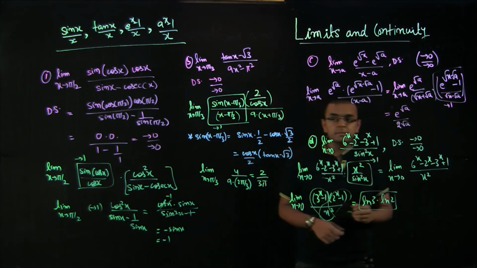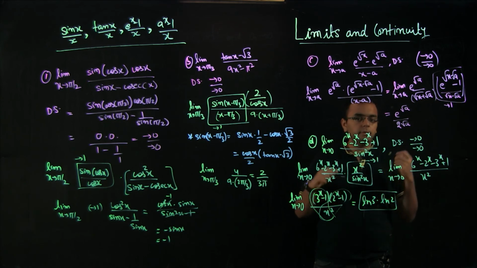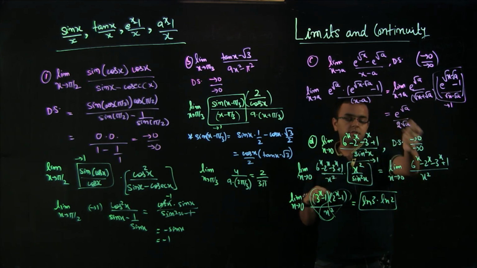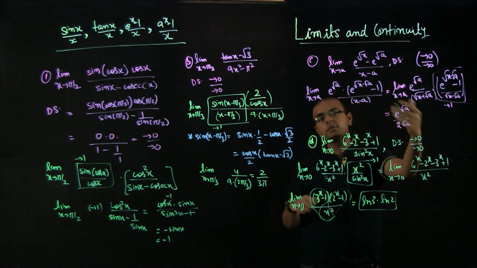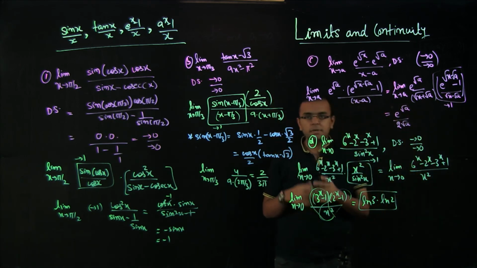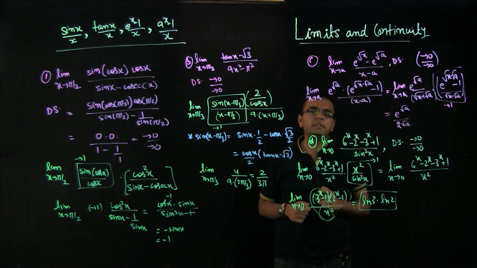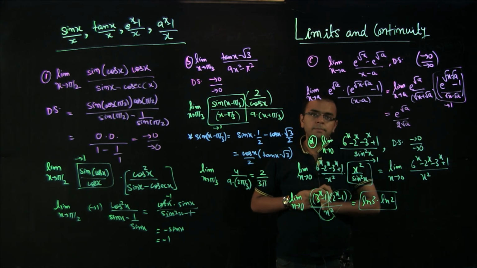I really like this problem. This is a very classical JEE problem. They will bring you sine square x, and you basically just have to multiply and divide by x square, and then solve another problem where the question is asking you to just use a formula, but just one step ahead, where you have to factorize the numerator and think of it like this.